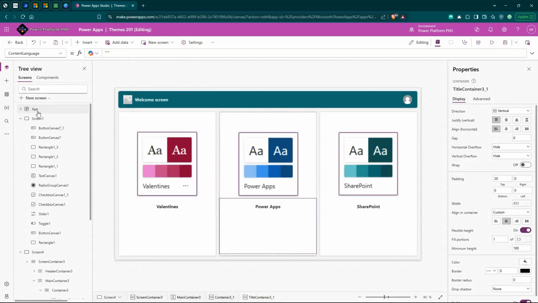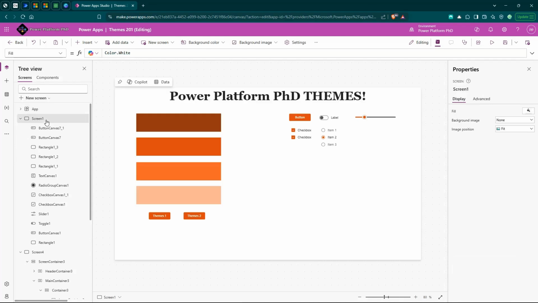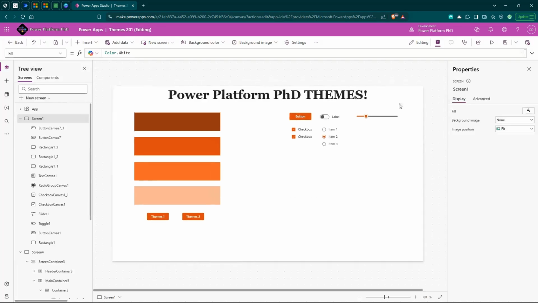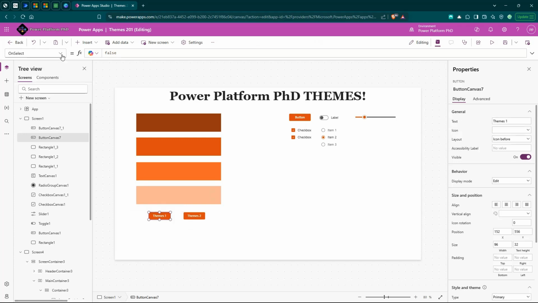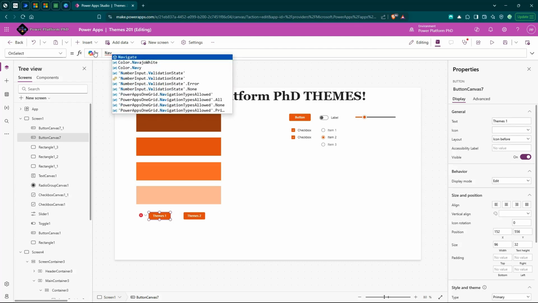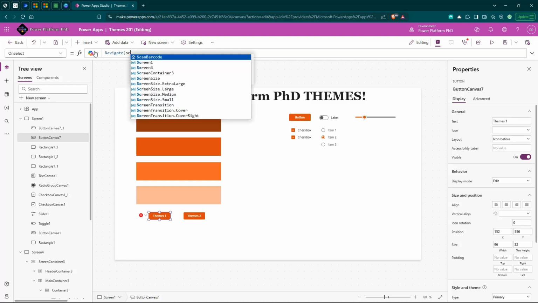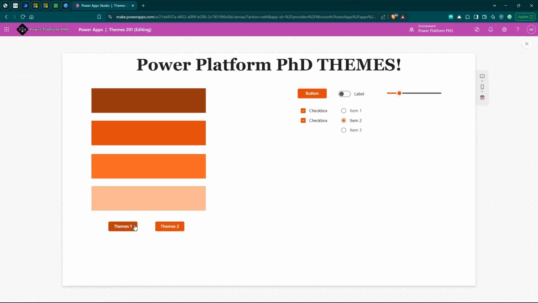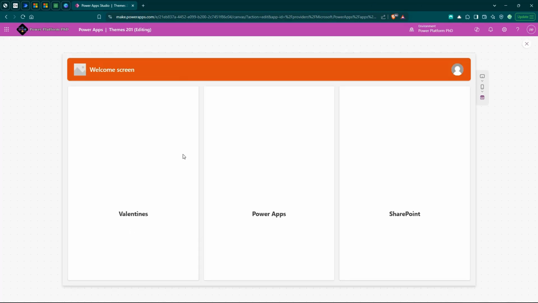So let's start from this, run on start. We'll go to the original screen and run it. So now we'll go to themes one. Oh, did I not set that button? So let's go to themes one. Make sure on select you go to navigate, and we want to go to screen 4. We'll just leave it like that. I'm not going to do a transition. Let's run it. Click on that, and